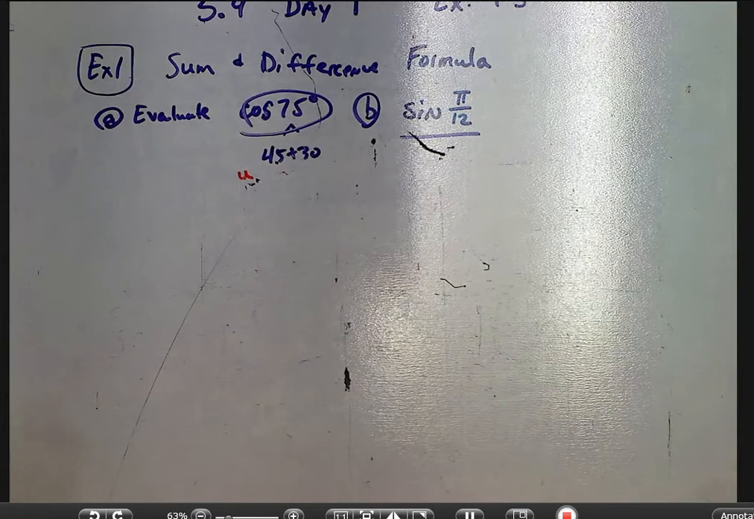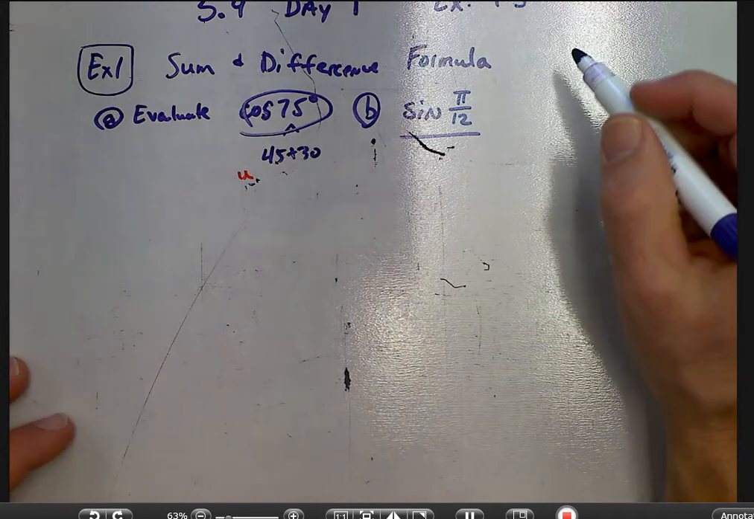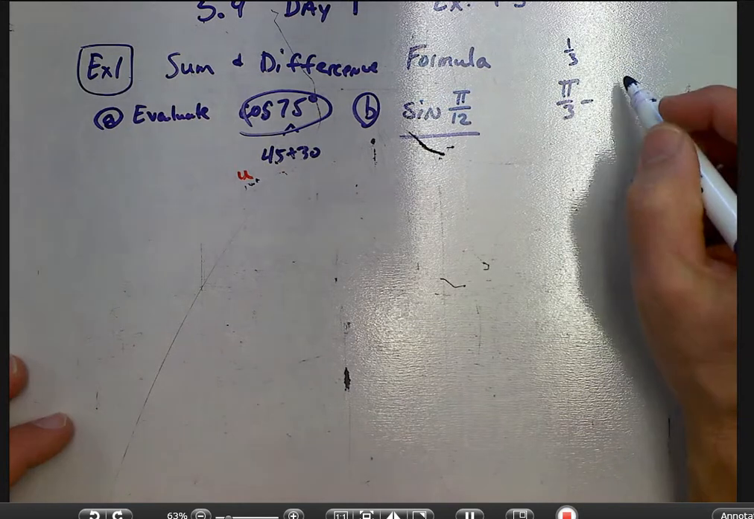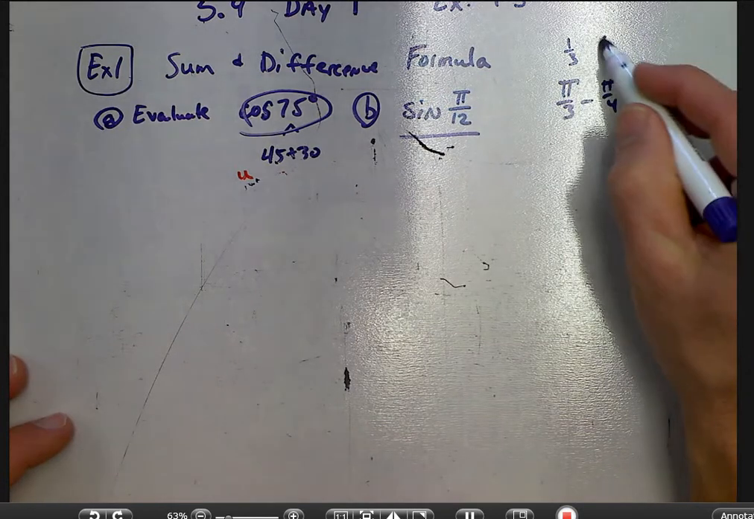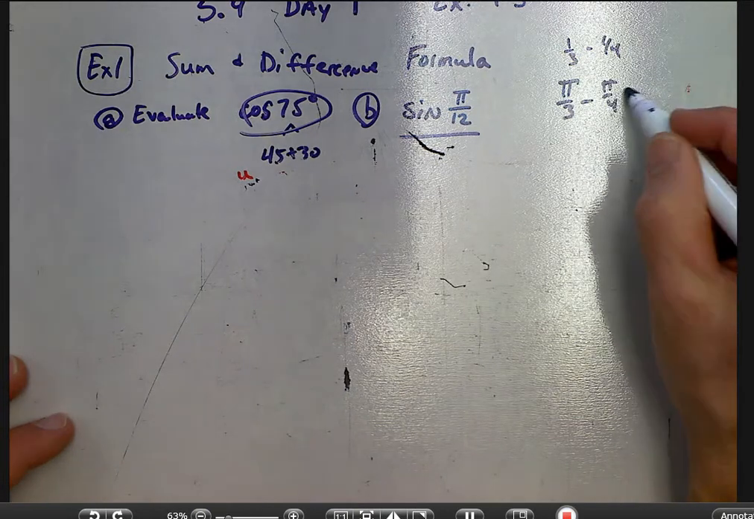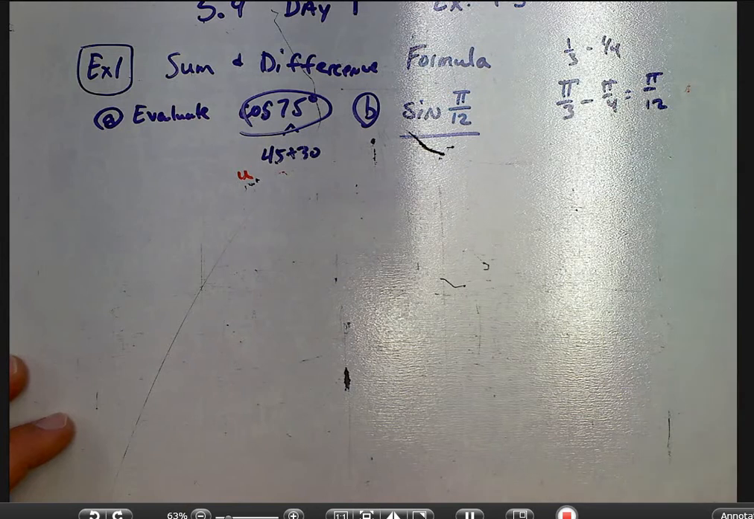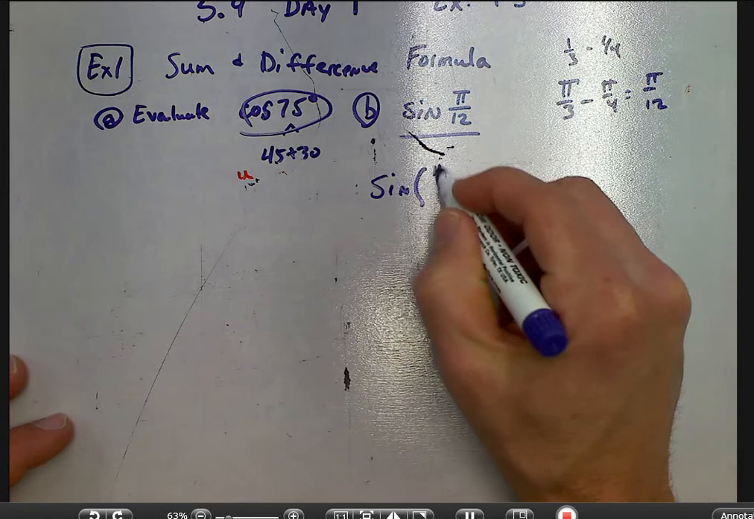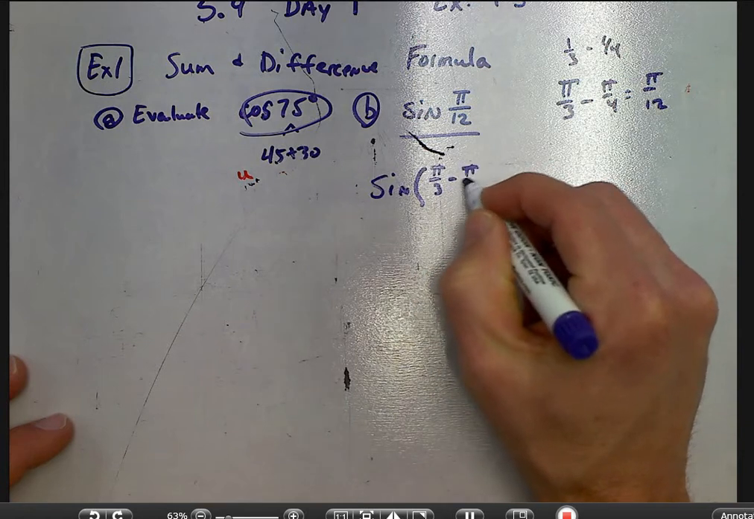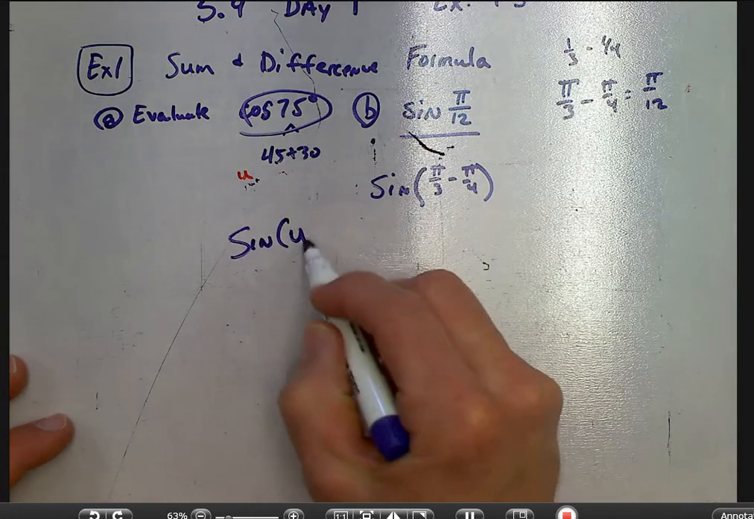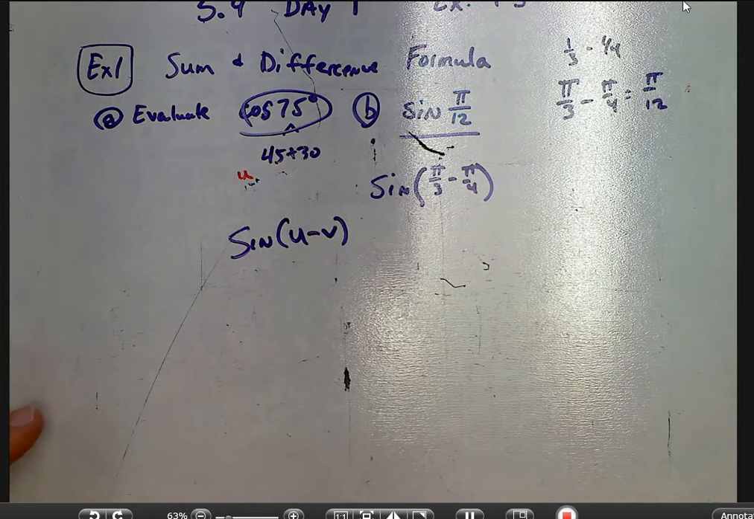Well, pi over 12 is not one of our common angles. It's not a pi over 3, a pi over 4, a pi over 6. But I know that pi over 3, which is 1/3, minus pi over 4, which is a fourth, if I get a common denominator, would be 4/12 minus 3/12, and that's 1/12, or pi over 12. So the sine of pi over 12 can be written as the sine of pi over 3 minus pi over 4. So I'm going to use the formula, the sine of u minus v,